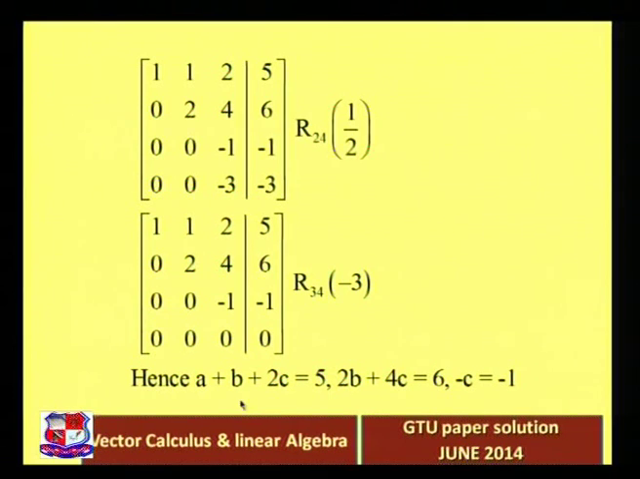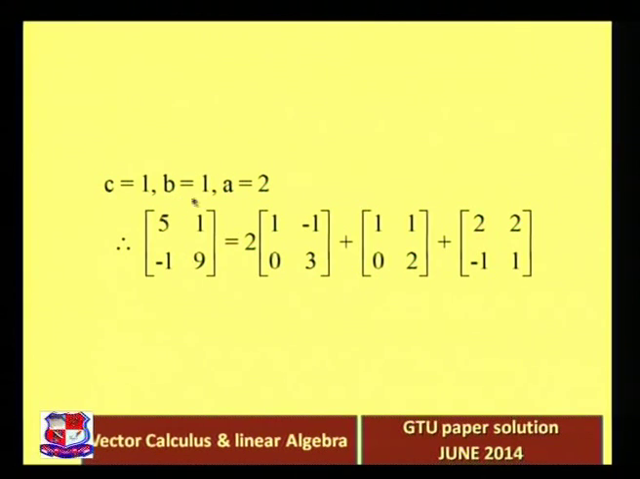Now c is 1, b is also 1. So put those values in the first equation, you will get a plus 1 plus 2 is equal to 5. That means a plus 3 is equal to 5, so a is equal to 2. So finally you get a is equal to 2, b is equal to 1 and c is equal to 1. So definitely we can express this matrix into a